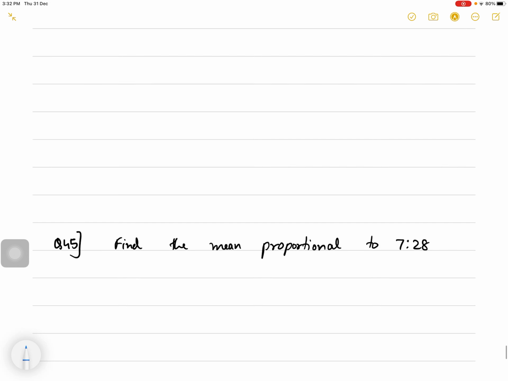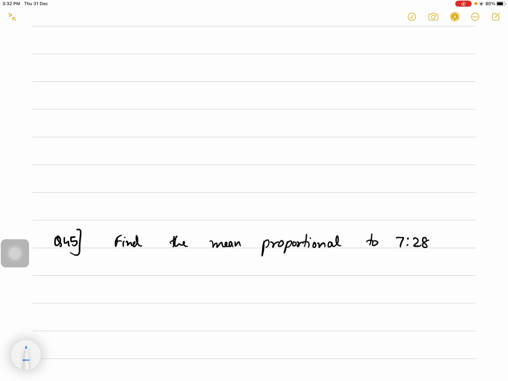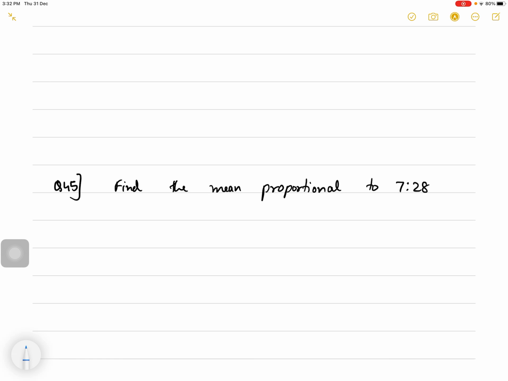Okay, this was a very simple question. Let's see the next question. Find the mean proportional to 7 is to 28. This is also a question of continued proportion. Okay, so mean proportional to 7 is to 28, that means